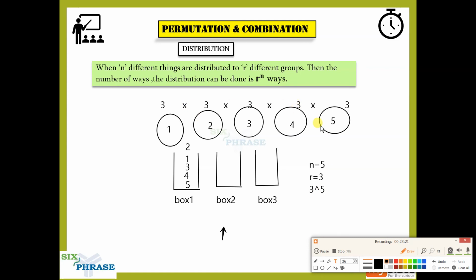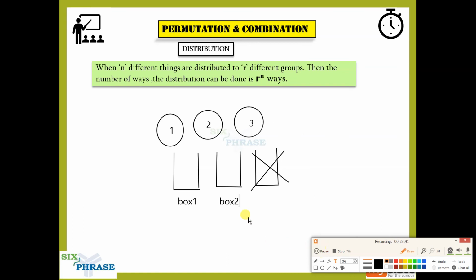This is the explanation behind this formula. You have to understand the explanation behind this formula, but in exams you can just apply this formula and get the answer in seconds. So that is the aim. Now I'm going to give you a different set of numbers, see if you understood this correctly, guys.